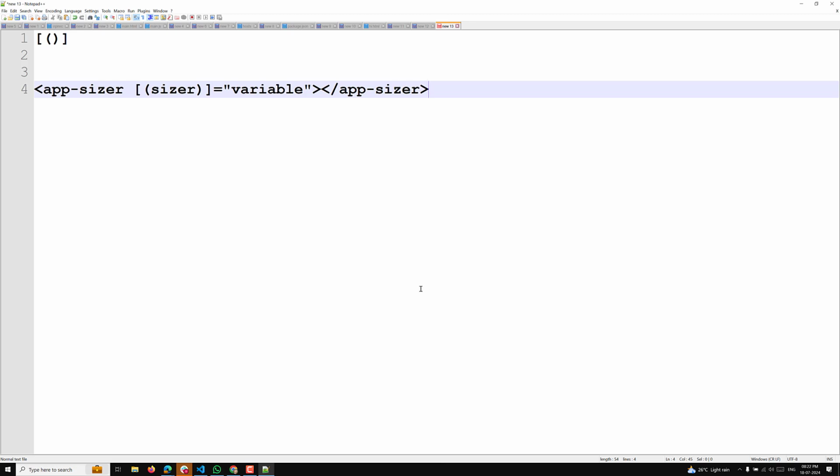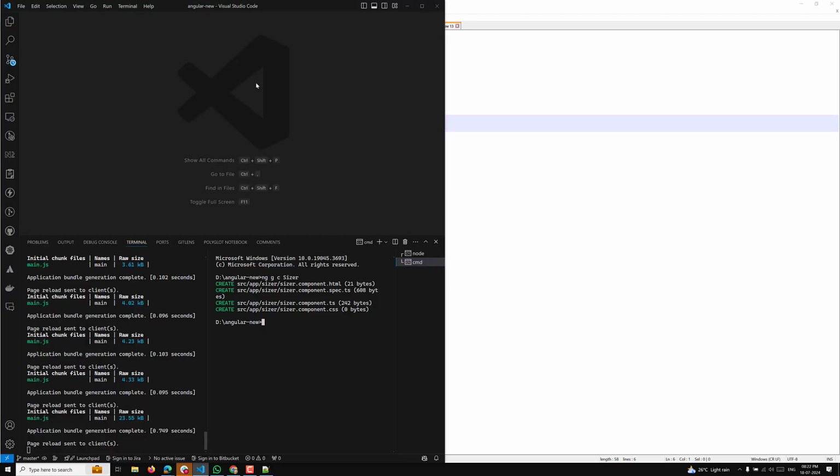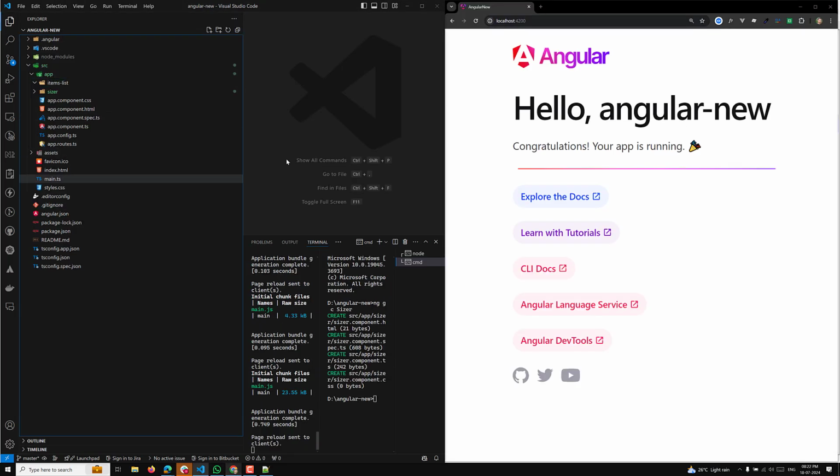For two-way data binding to work, the output property must use the pattern inputChange, where input is the name of the input property. Let's go with an example. So now we have a sizer component. Let's go to the